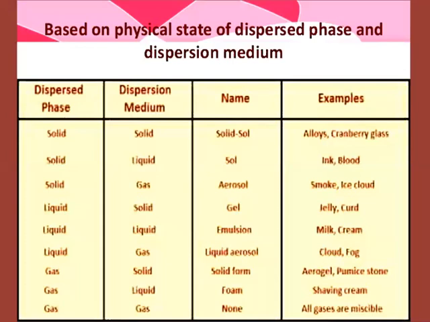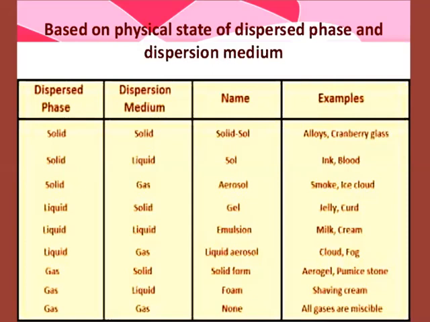It can be solid sol, where the dispersed phase and dispersion medium are solids. Examples include alloys, cranberry glasses. The colloid can be sol also, where the dispersed phase is solid and the dispersion medium is a liquid. Examples, ink and blood. It can be aerosol, where the dispersed phase is solid and the dispersion medium is gas. Examples,